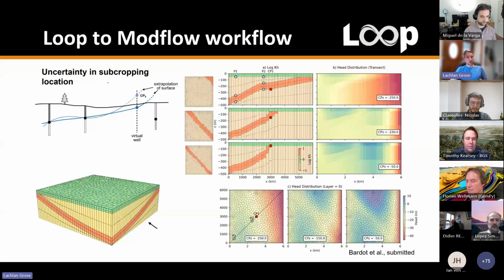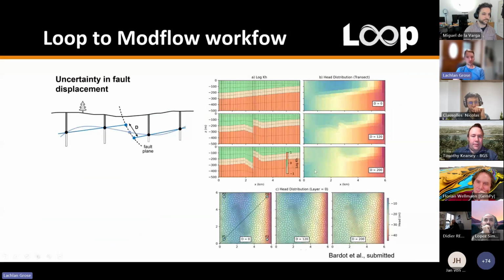and then looking at the uncertainty, so looking at fault displacement uncertainties and looking at where you don't know the outcropping location of a unit. So seeing how much effect that would have on the resulting hydrogeology simulation. And it has a fairly large effect. Because we're changing the connectivity of the units, when using MODFLOW, you end up with quite a significant displacement difference. This is the example using the fault displacements,